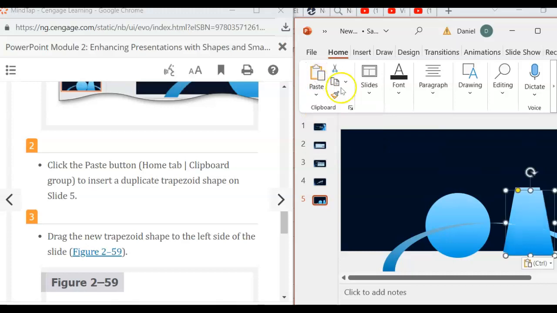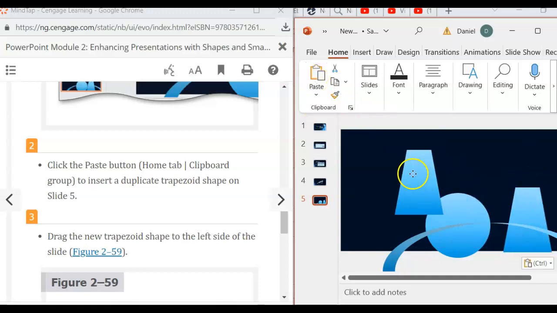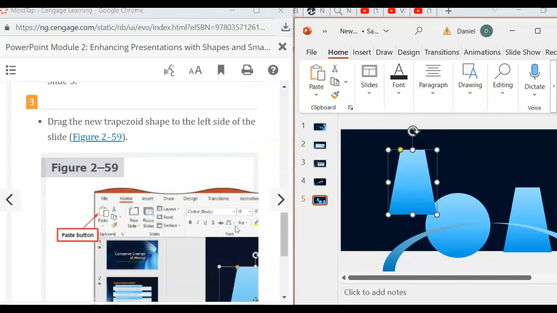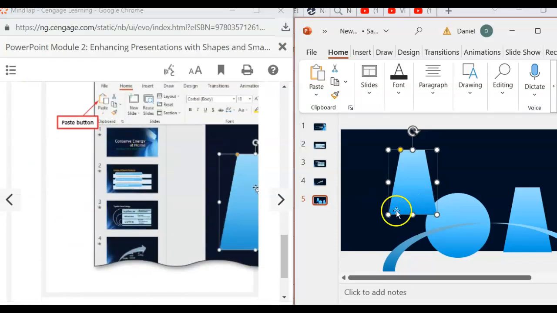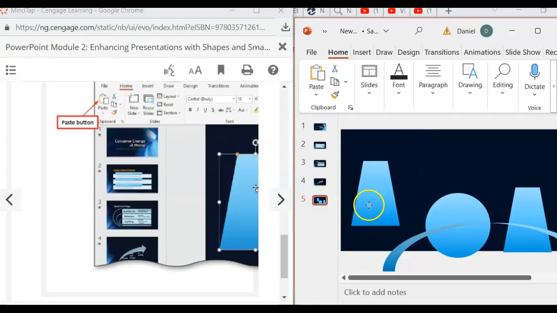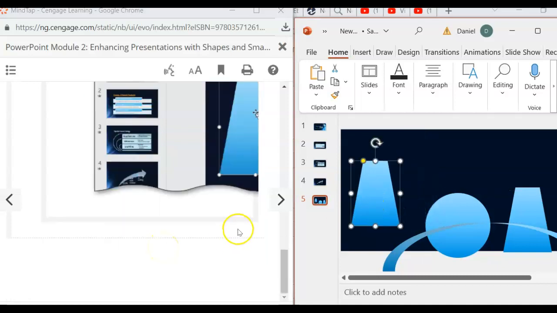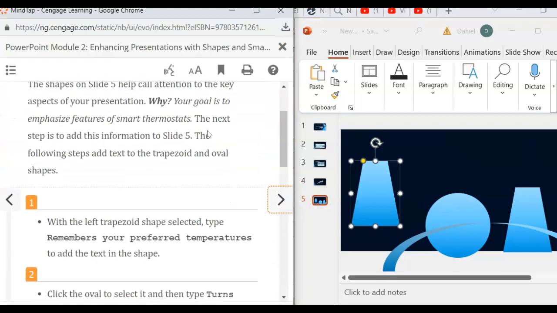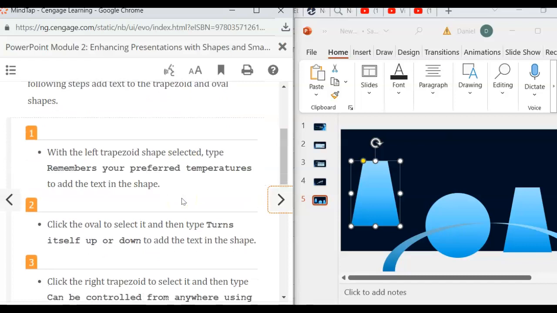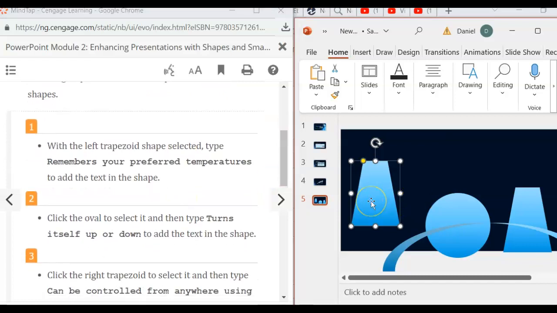Just click paste, and now we have a duplicate there. Drag the new trapezoid shape to the left side of the slide, so we're going to drag it over here. All right, with the left trapezoid shape selected, type "Remembers